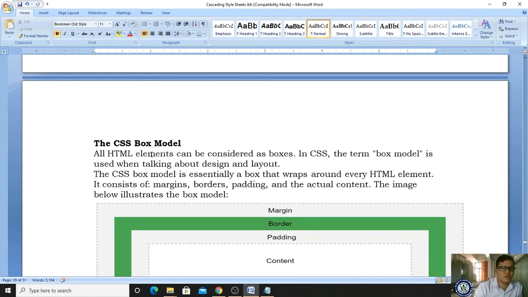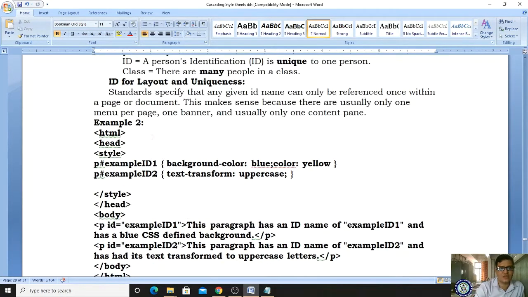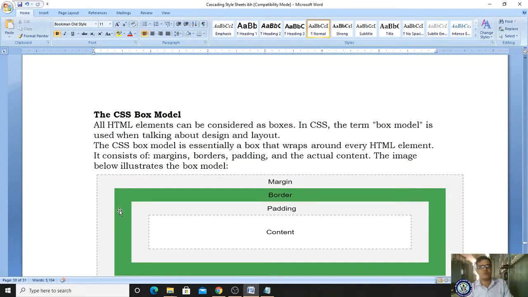And last, our concept in this chapter is the CSS box model. The same program is here, nothing is done, hence instead of a class we are specifying ids here. Okay, and now the CSS box model. Suppose I treat your web page as a box, then we have to align, right?